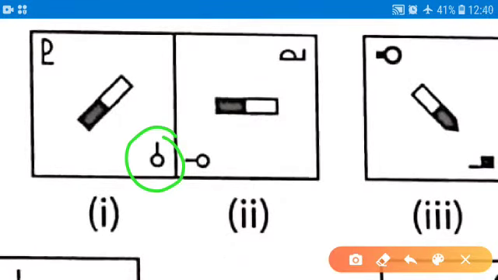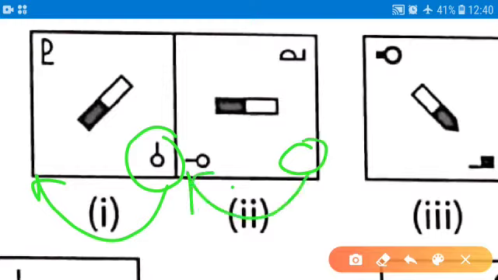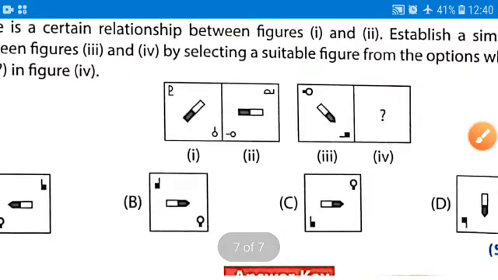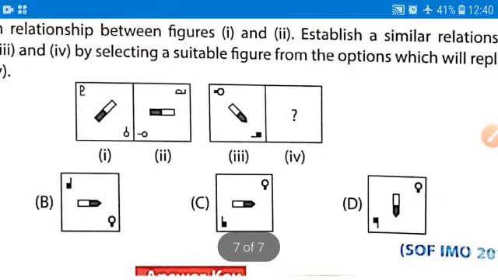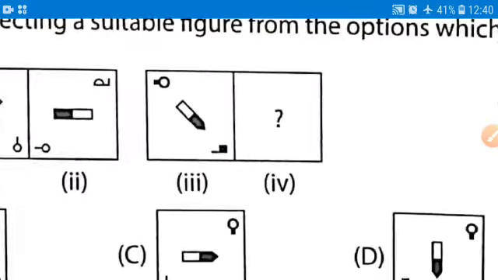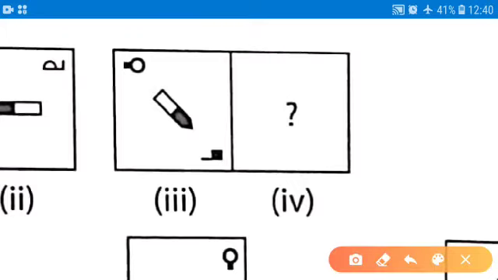Now see, this element is moving towards the left-hand side in the second figure. Please compare it from here to here. Now which kind of rotation? It is rotating from like this to like this, meaning 90 degrees anti-clockwise. The same thing will be followed in the third figure, and you can check. This center element will rotate 45 degrees. Yes, it will be like this.